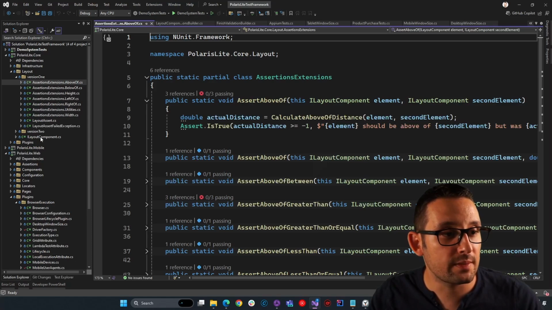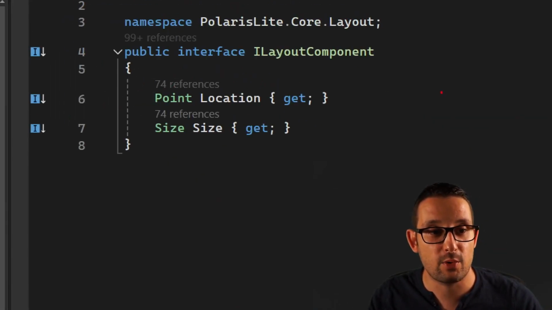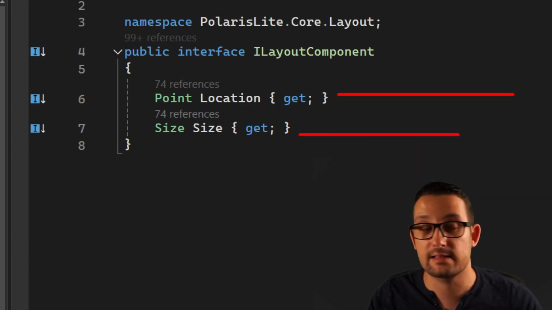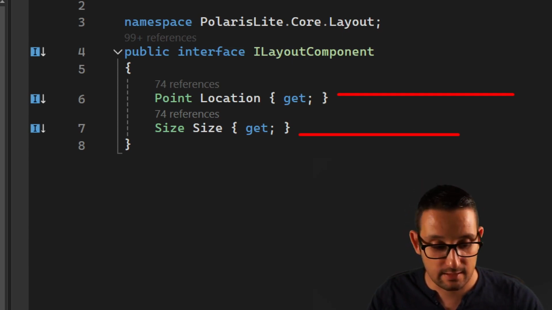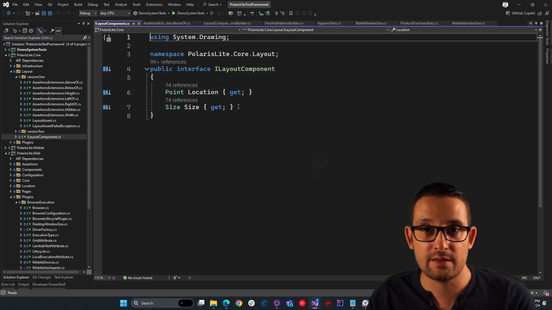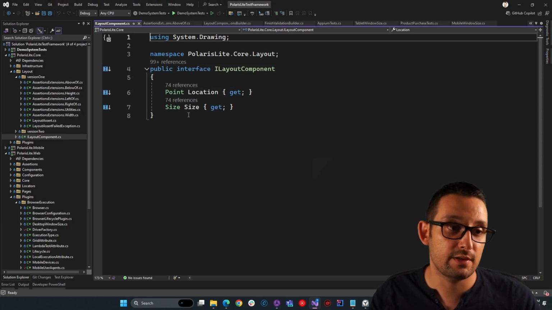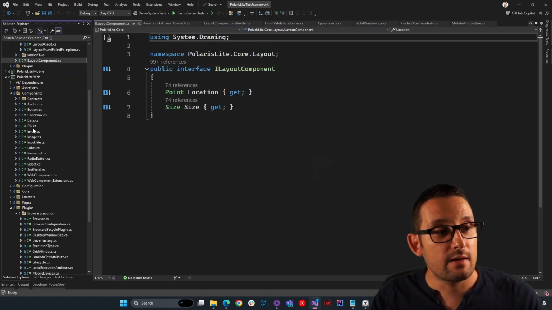If we open this iLayout component interface, you will notice that the only thing that this iLayout component has is the point and the size. You know already the size. This is the height and the width. And the point is actually, again, a struct from .NET that contains the X and Y coordinates of the element. Again, both the Android native element and the iWeb element, both of them have these two, the point and the size. This is why inside our component adapter,